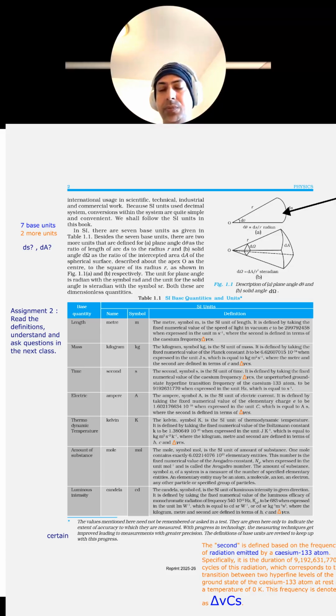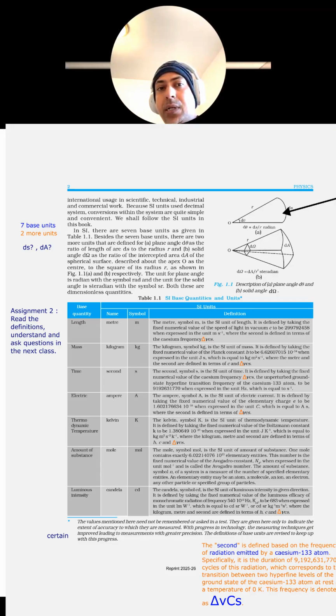Besides the seven base units, so we already know that there are base units and there are derived units, right? So there are seven base units, and besides them, there are two more units that are defined, for plane angle d theta. So d theta is another unit that's defined in terms of radian. So the unit name is radian. So plane angle d theta is the ratio, meaning division, like numerator upon denominator, of